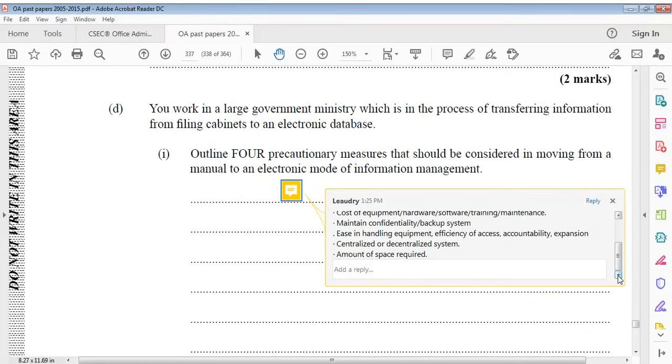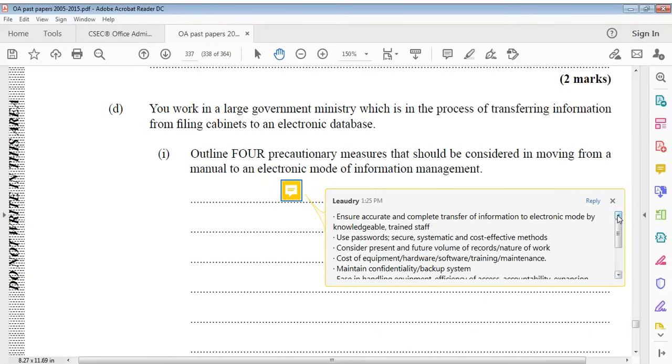So those are some precautionary measures that should be considered from a manual to an electronic mode of information management. So you have 8 of them